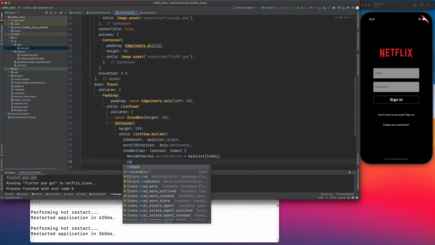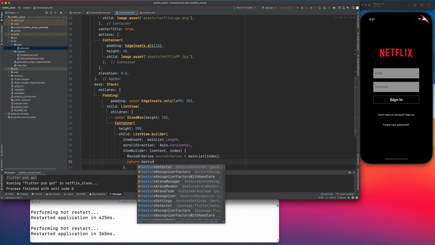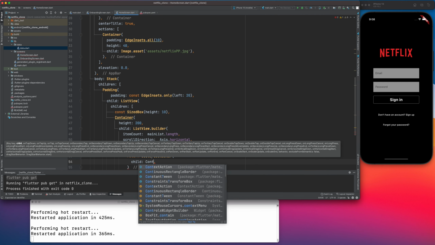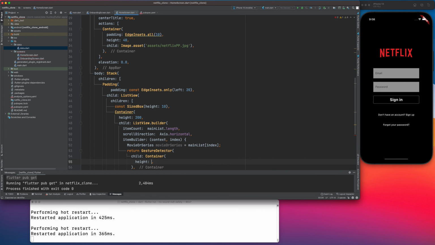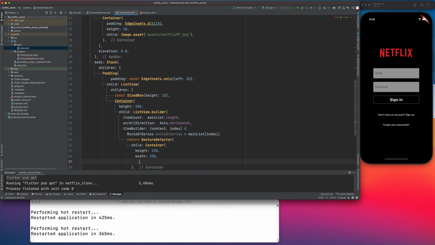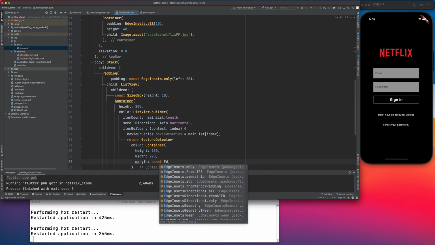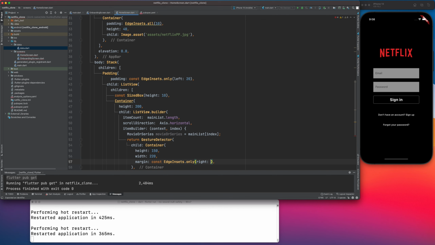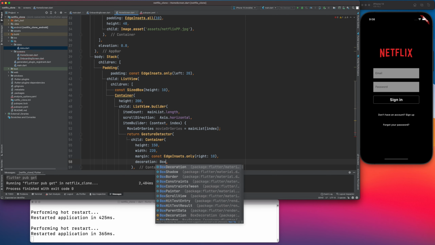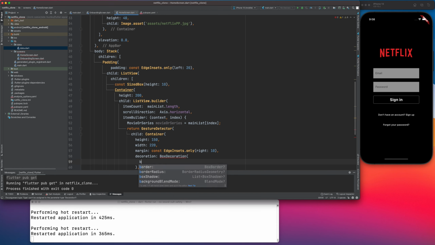So for each card or each movie, I will create a small card like how Netflix shows when you are on your mobile. So height will be 150, width 220, margin, decoration, box decoration, border radius,